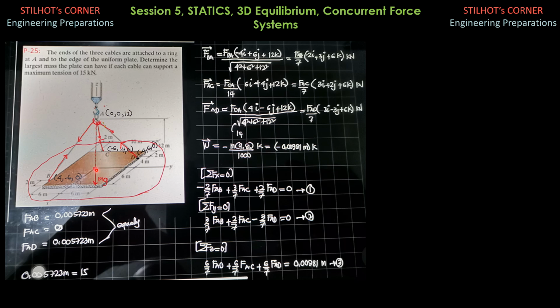So this is the mass of the plate acting at the center of gravity of the plate. The plate is 12 meters by 12 meters. So naturally, this is the center of gravity. 6 meters, and this is also 6 meters. That's the center of gravity. So it is mg, where g is 9.81. So this is in newtons, and the unit here is in kilonewtons. So first, let's express its tension in vector form and should be in kilonewtons. So let's assume that these are in kilonewtons.